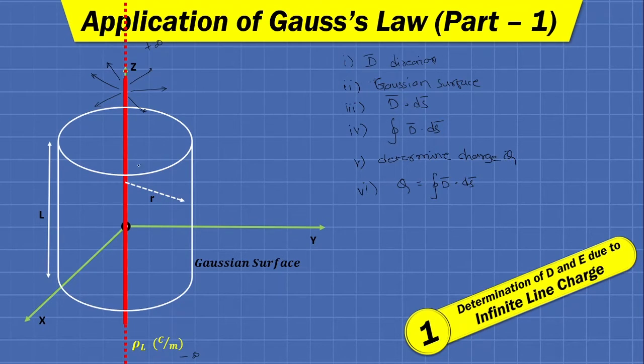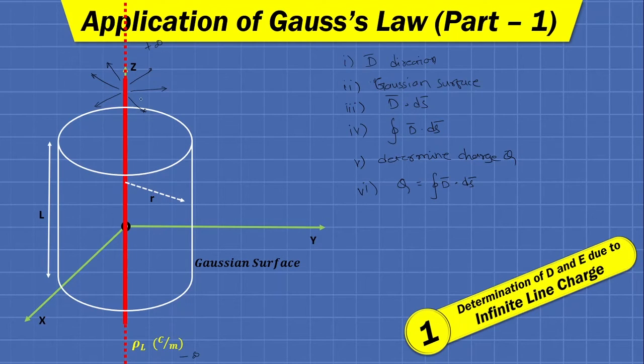The surface must cover the charges. Here the distribution of charge is infinite, so it is obvious that to cover infinite charge, the cylinder should be of infinite height. However, for the line itself, it is covering some portion of our charge, so the first condition is satisfied. Secondly, it must be a closed surface. As you can see, our cylinder is closed. It has a top part, a bottom part and a curved surface. So our surface is very much closed.